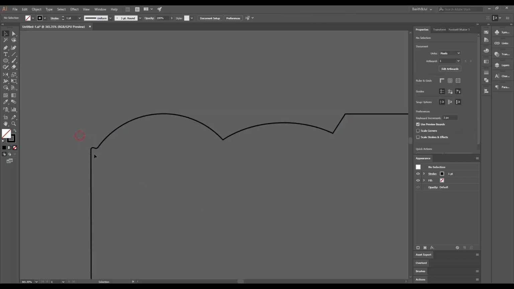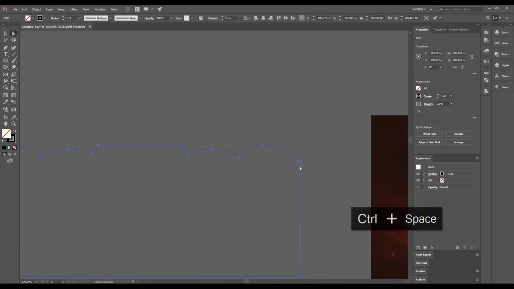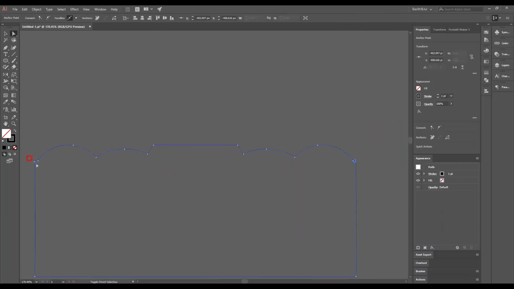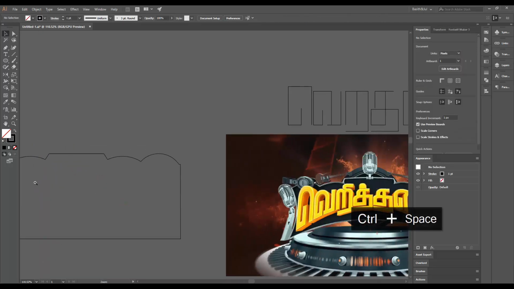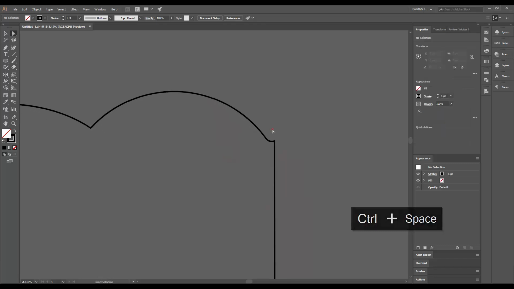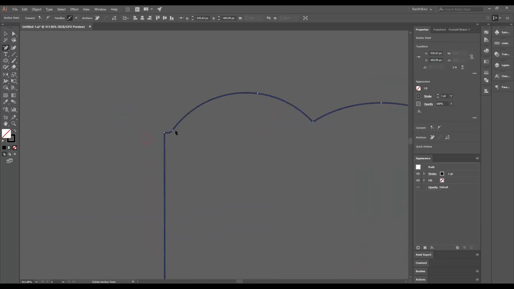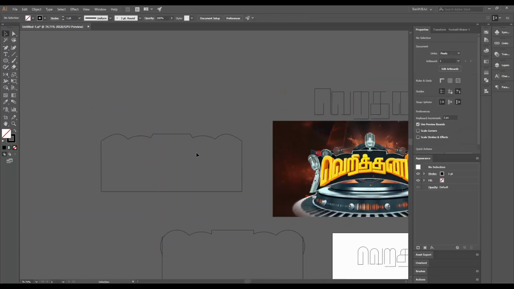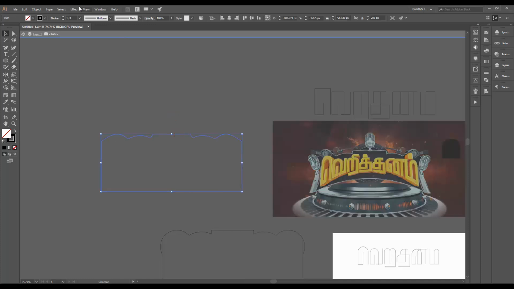After doing that, I am going to select this point on this. So use A for the direct selection tool, and then I'm going to select this point and this point, and I'm going to use this option, and then select this point, press minus for the delete anchor point tool and delete this anchor point, and then also delete this anchor point, and then select this point. I'm going to use this option called